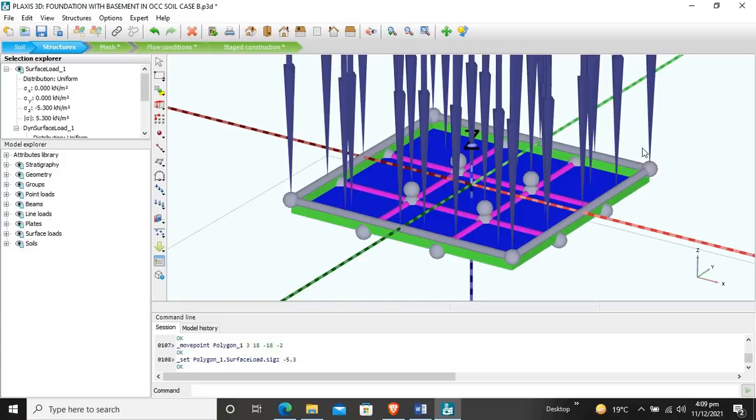So this is enough for today, and in the next tutorial I will teach you about mesh, stage construction